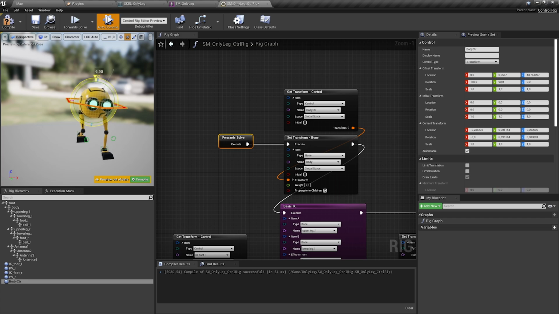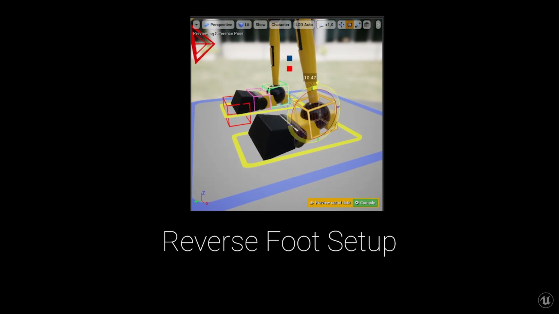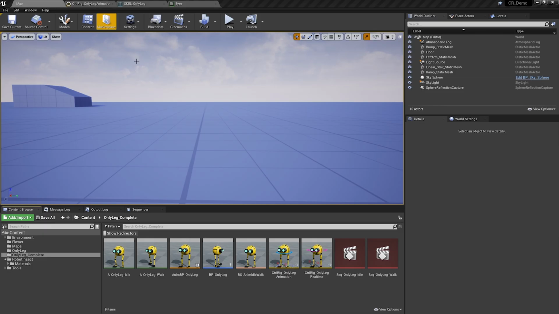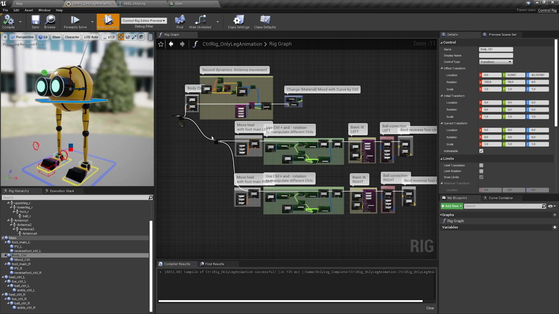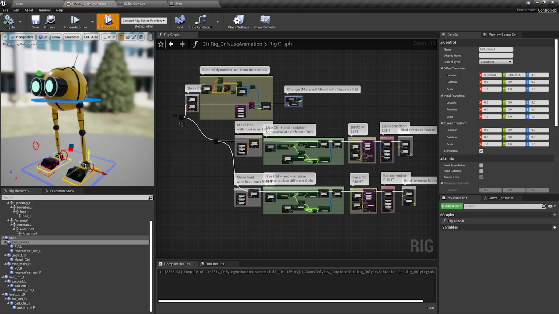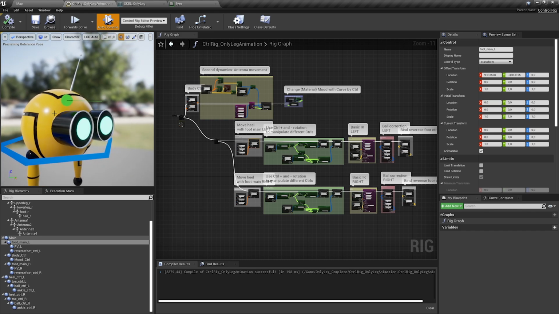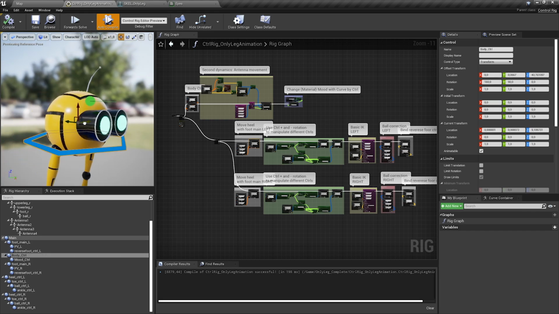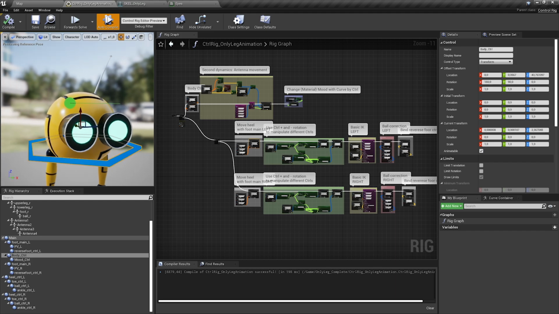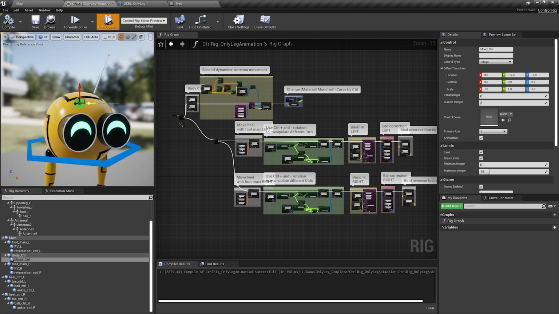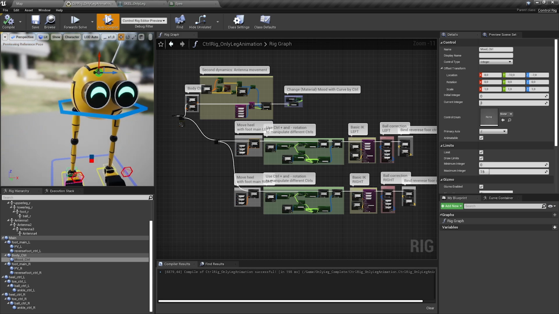And with this basic setup, we can go now a bit further and add some features, and I show a reverse foot setup. So I have here something prepared, and it's basically the same. So we have the body control and we have a basic IK for the feet. But in addition, he has some small enhancements. For example, his antenna has some secondary dynamics. So I will show how this is calculated. And then I made a control for changing his facial expressions, which is just a material. I will show how Control Rig communicates with that.